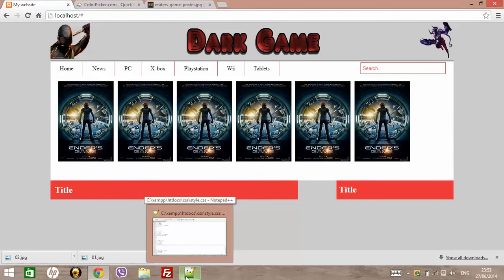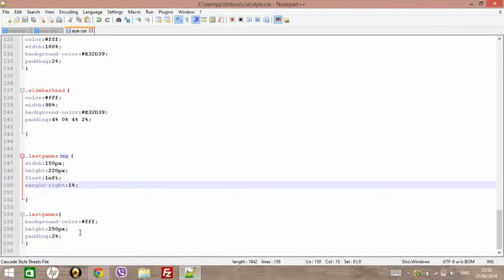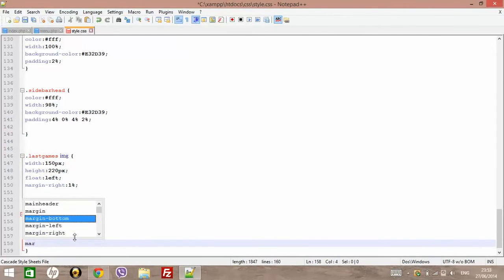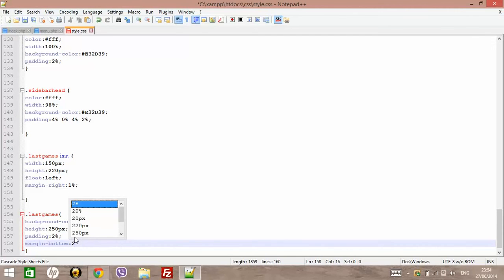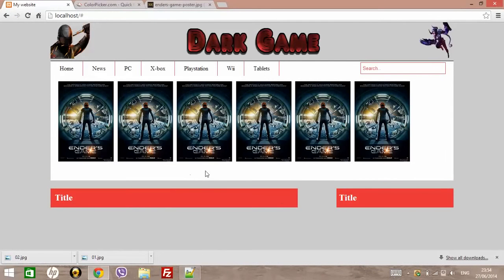And what else do we want to do? For the whole div, the margin bottom should be 2%, so the div gets a little space to do whatever it wants. Alright, so what else we want to do is give the header